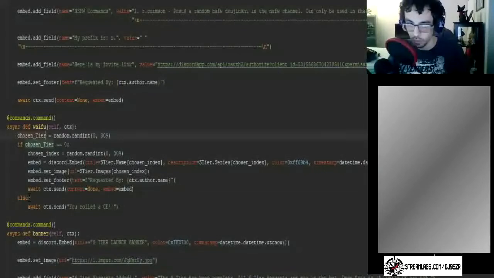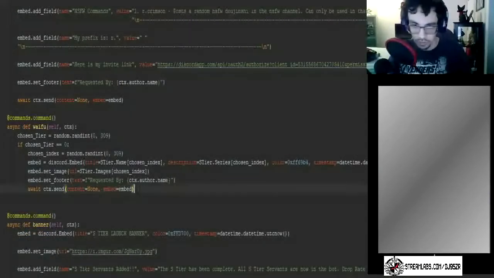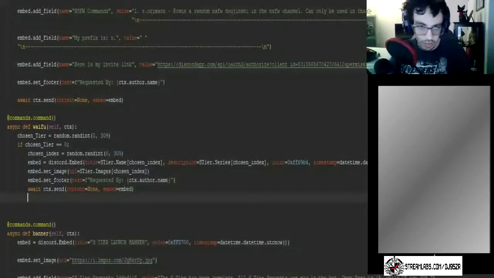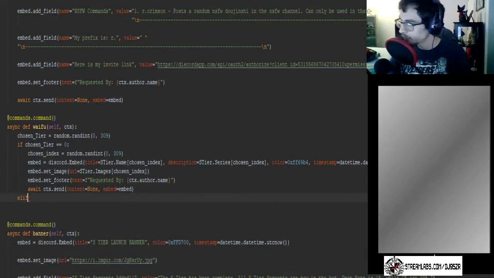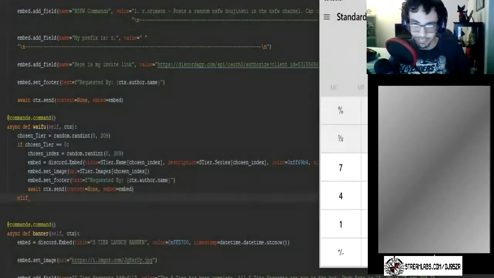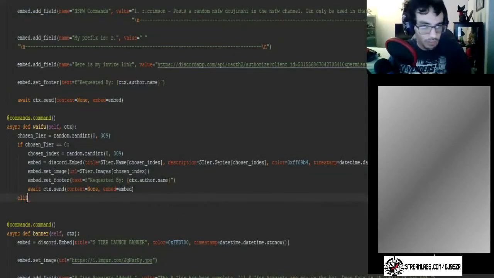Okay, and so over here we're going to change this to elif, and now I'm actually going to delete this so it's easier to work with. Okay, and so here, do elif, and actually for this part, we're going to need the calculator. So what we want to do is find 3% of 309. So 309 times 3%. So it would be 1 to 9. Okay, and so elif